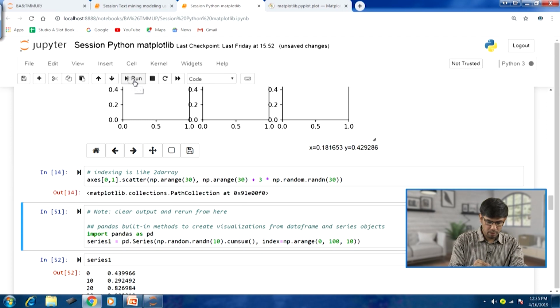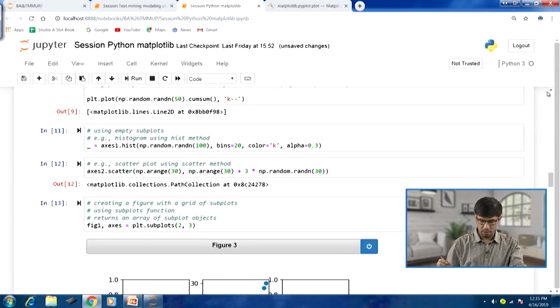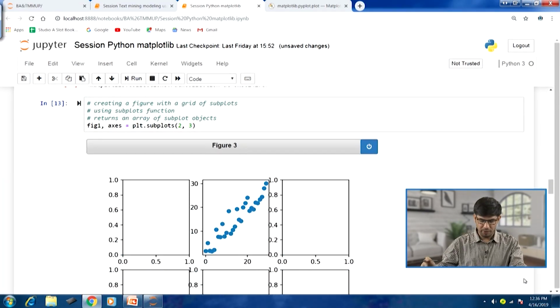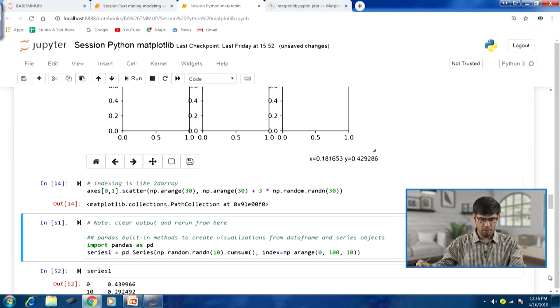If I run this and we go back, you can see that 0th row, that means first row, and a column with index 1, that is second column, there this particular scatter plot has been generated. So, in this fashion we can use these subplots axes and generate plots in different subplots in the fig object.